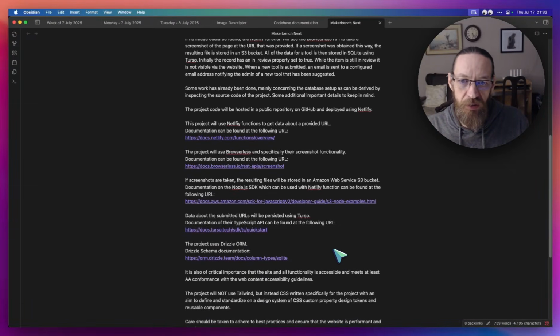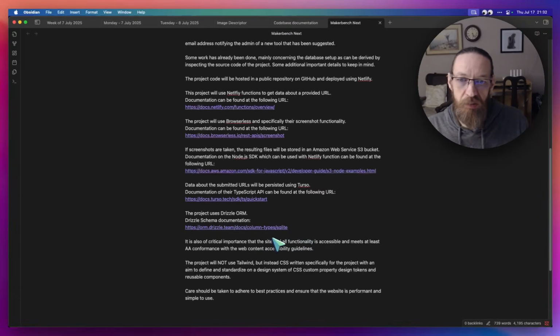Data about the submitted URLs will be persisted using Turso, and I again provide a link to that. And then I also use this opportunity. I've used Prisma in the past, but I've heard a lot of good things about Drizzle, so I figured I'd try that out. And so the project uses Drizzle, and then the Drizzle schema documentation for SQLite specifically, I provide the link. And then in closing, I say it's also of critical importance that the site and all functionality is accessible